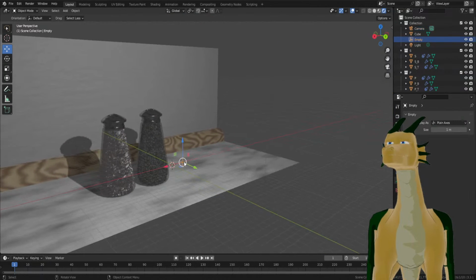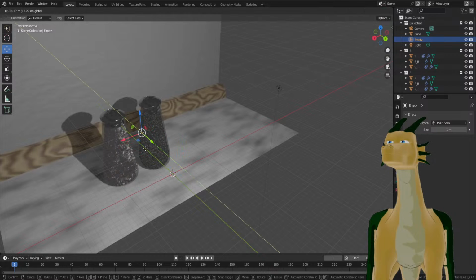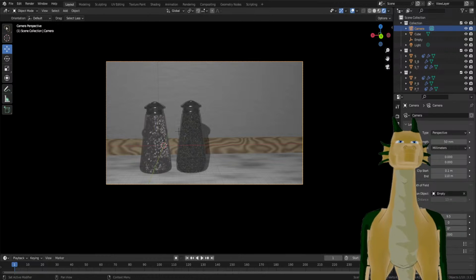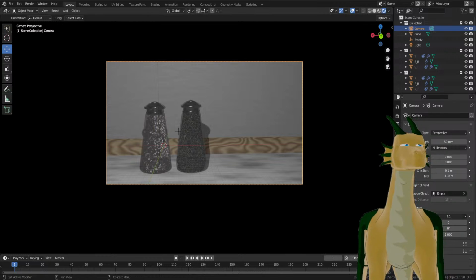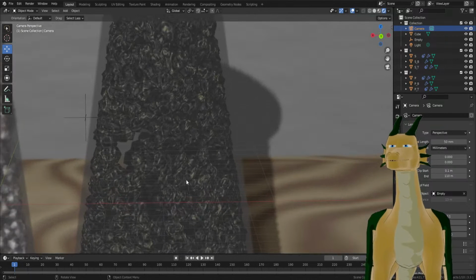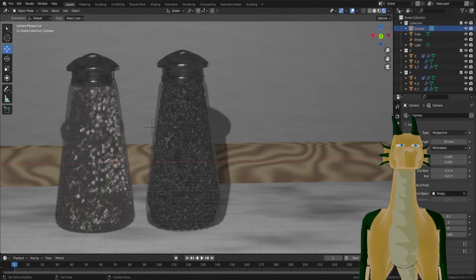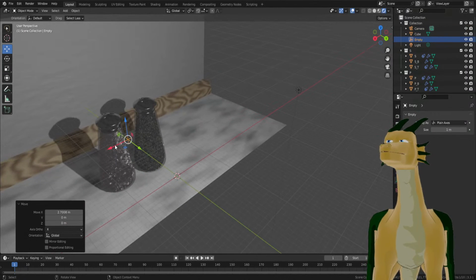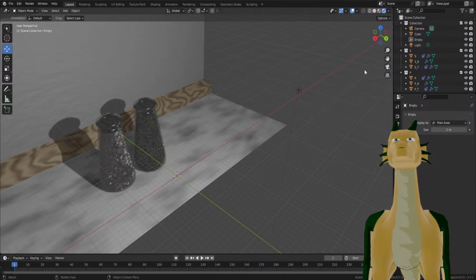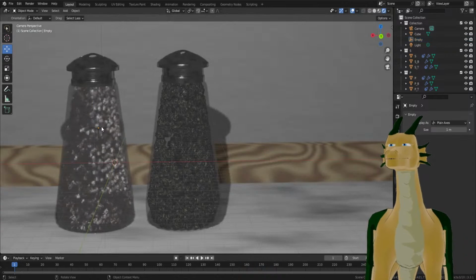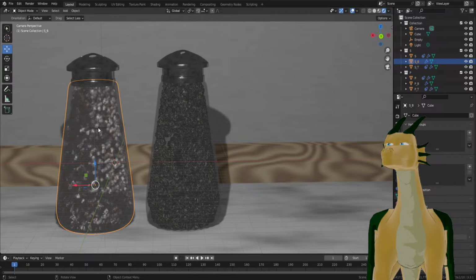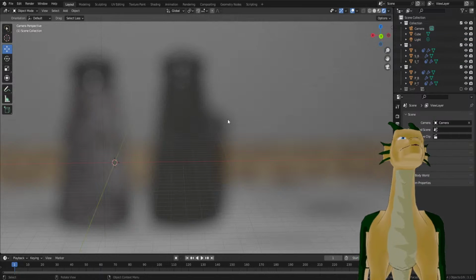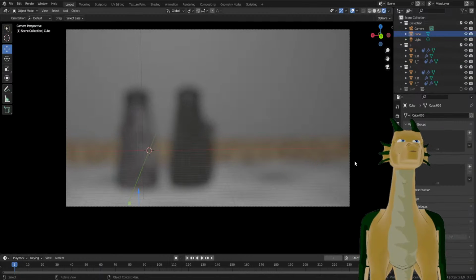Well, I might just ditch the depth of field effect if I can't get it to work. I'm going to try one more thing for the depth of field before I just give up on it, which is